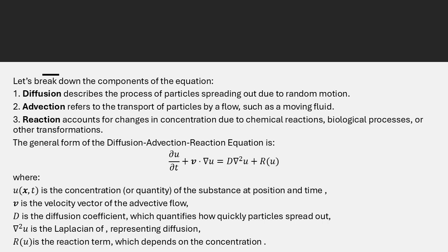Precisely. Another thing to keep in mind is that this equation relies on the concept of random motion for the diffusion term. While this generally holds true, there are cases where the movement is more directed. Like a flock of birds migrating. Yes. They're not just randomly scattering. Yes. They have a destination in mind. Exactly. In situations like that, where behavior or external forces play a significant role, we might need to adjust the model to accurately reflect what's happening.